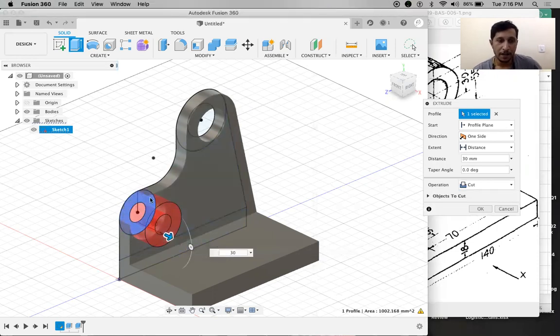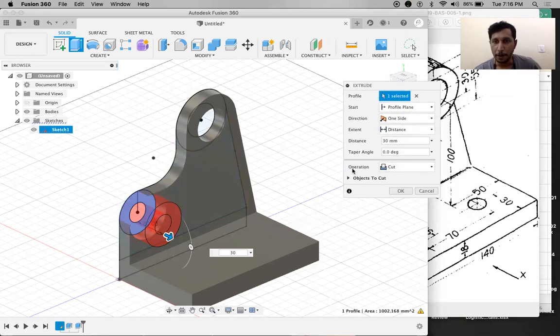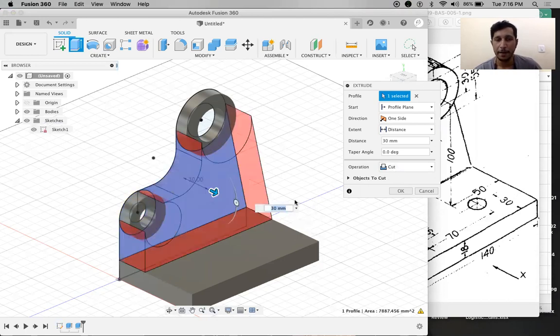But there is already a 3D model. There is some volume. So when you try to extrude it again, the software considers that as a cut feature. Can you notice here? By default, the operation is cut. If I select OK, the software will remove the material here. I don't want to remove the material. I want to add material. Okay, so distance 30 and